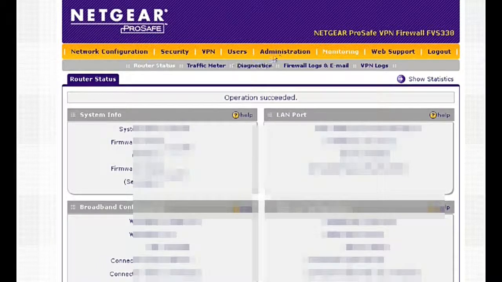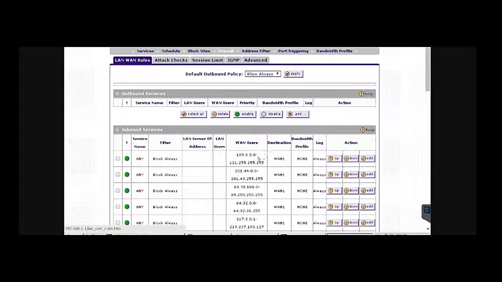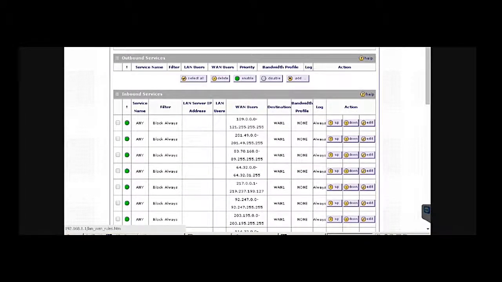And of course there's some stuff blurred here because I don't want to make it any easier for the bad guys. But I'll go into the security section, and here's what you see. This is old school, and you enterprise guys are probably laughing off your chair right now, but this is all we have to work with. We have very limited resources.